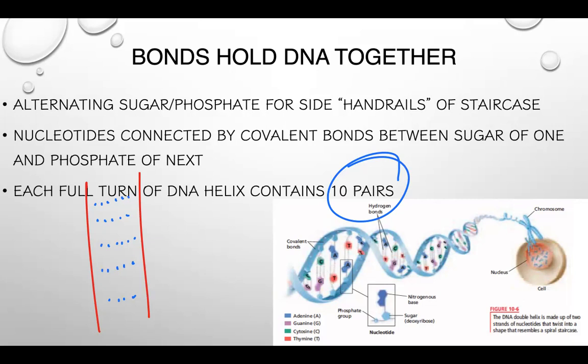Okay, let me repeat that. If the nucleus of your cell was the size of a basketball, the length of DNA would be 64 kilometers, not meters, kilometers. It is an extraordinarily long molecule compared to the size of the nucleus. And keep in mind that every single one of your 30 trillion cells in your body has a complete